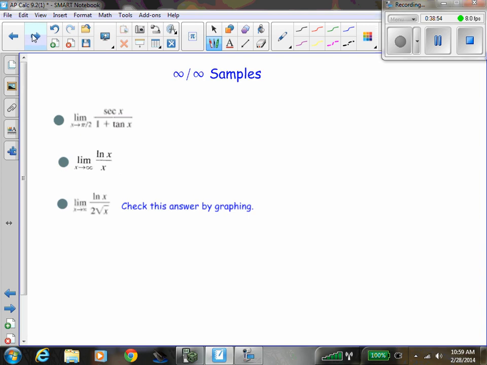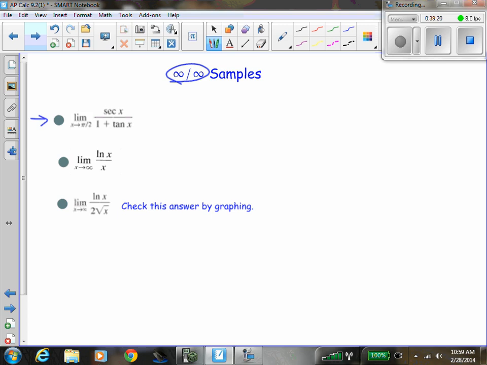All right, now, some of the samples that we've had so far have been samples that were infinity over infinity, but a lot of the ones that we've had so far have been 0 over 0. So I just put together a few more infinity over infinity samples here. So let's look at them for a minute about why they're infinity over infinity. All right, notice in this first one